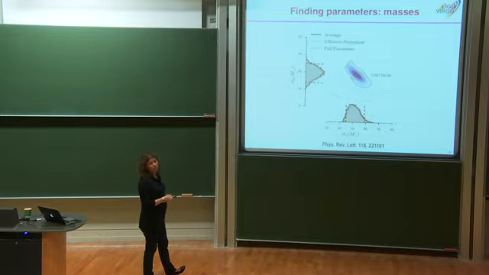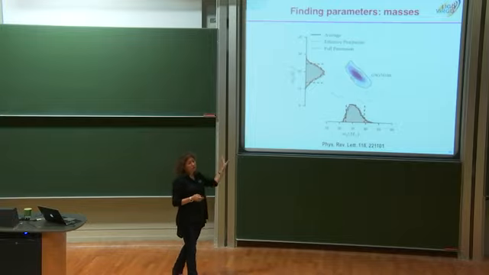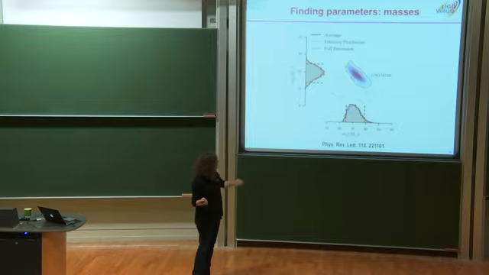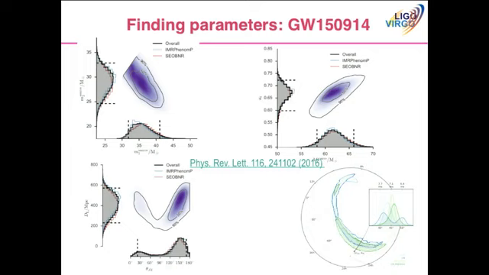So when we quote median values and uncertainties, we quote this estimate, which is a 90% credible interval, and the median value. This is a Bayesian estimate, so in these plots you see the priors and then the convergence of two different families in here. And it's all very consistent. So this is how we estimate the masses. Like I said, there are many different parameters. This is how we estimate the